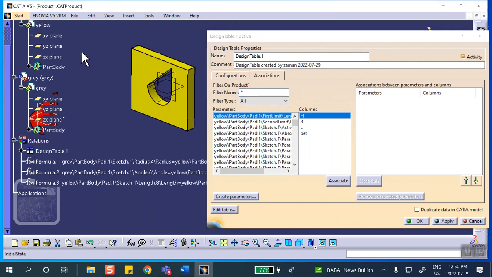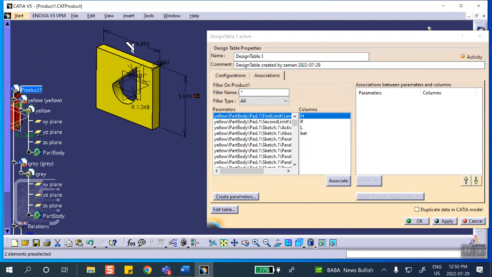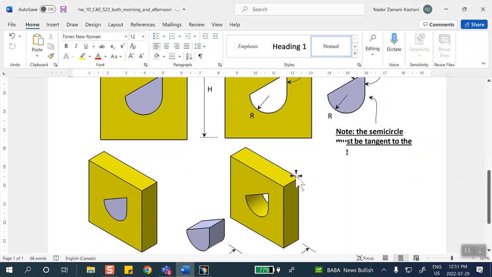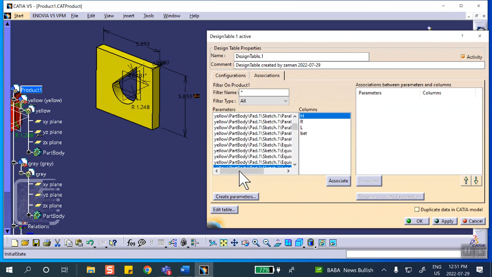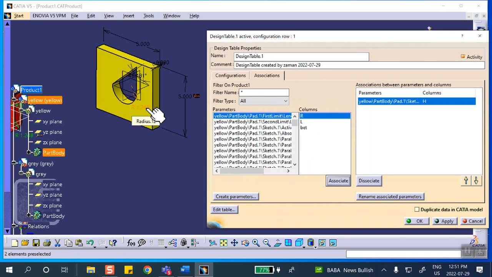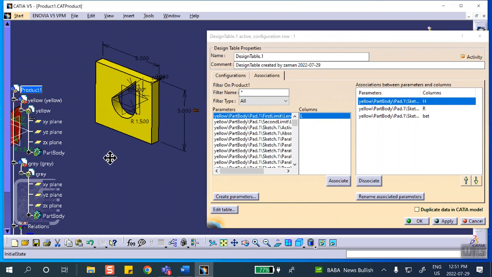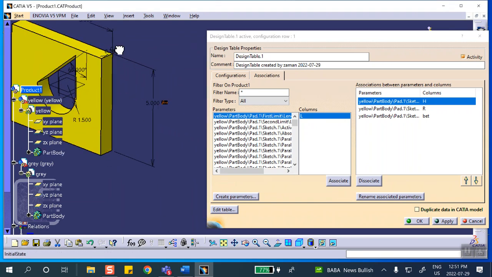Okay, so click on the top, so the dimension pops up. This guy, I want to associate it with h. Yeah. Look at the diagram. This h, okay, this is a square, so I want to associate that dimension with h. I want to associate this radius with R, this angle associated with beta, and finally the padded length, which is this,